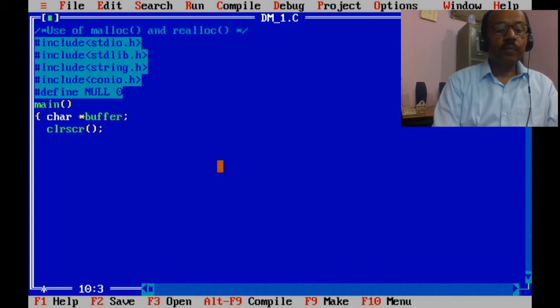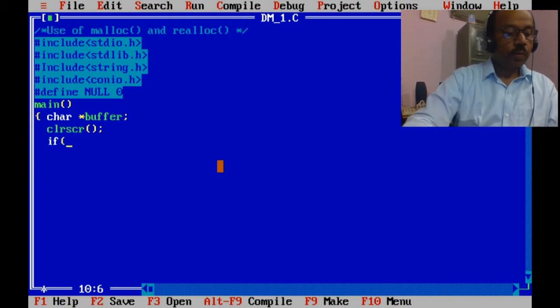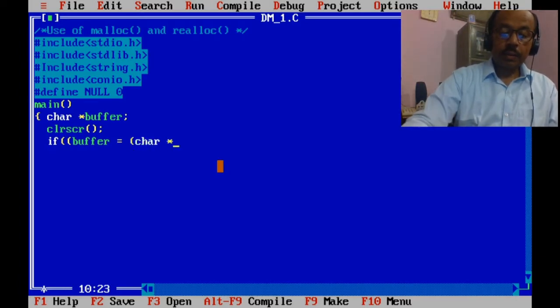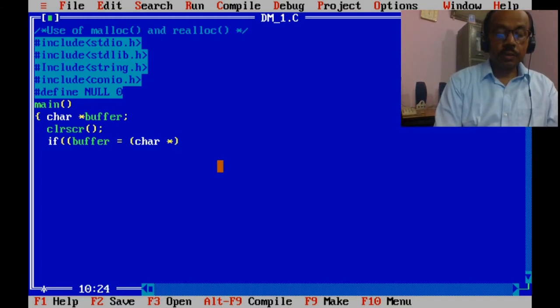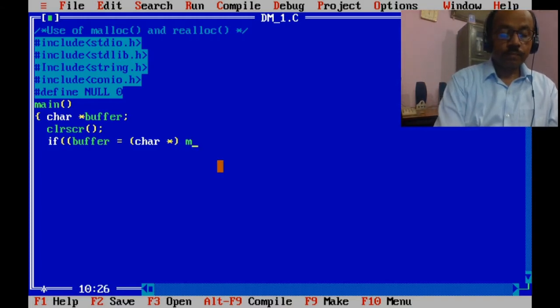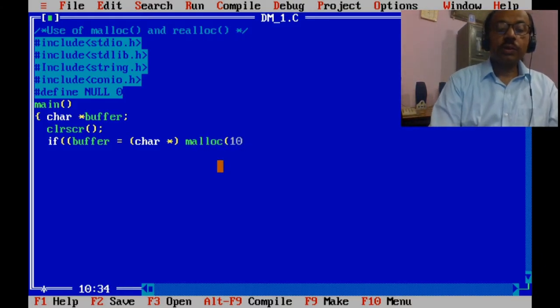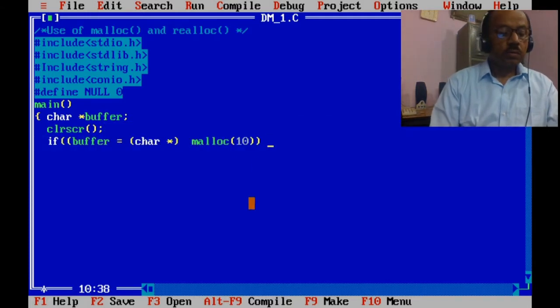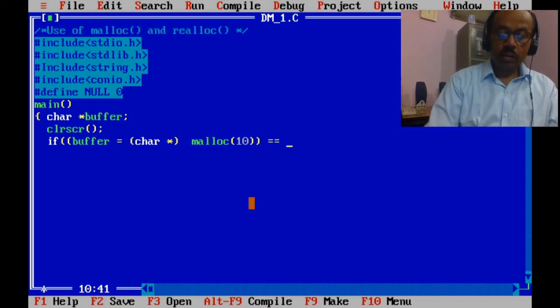Now we use a preventive check: if buffer equal to (char *) malloc, since the character occupies a single byte, that's why we directly write it, then NULL.